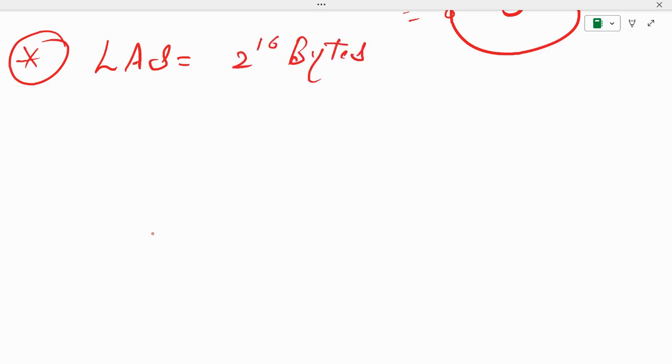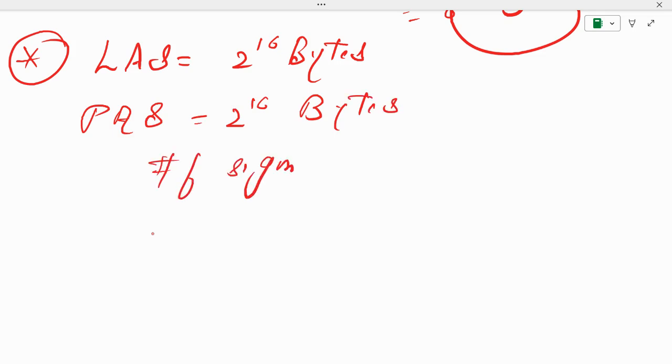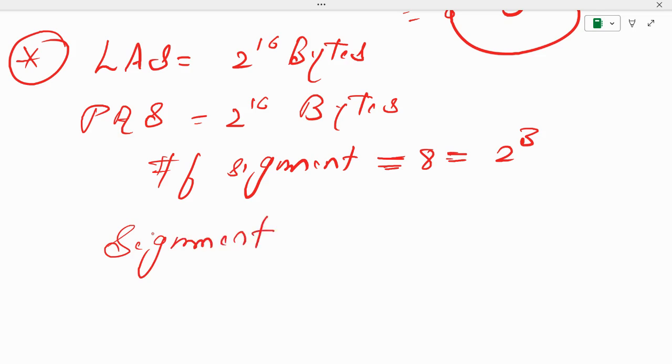But let's illustrate this one in this question also. So LAS is given as 2 raised to the power 16 byte, and then we have PAS is also given as 2 raised to the power 16 byte. Number of segments in the LAS is given as 8. Okay, so it is 2 raised to the power 3. Now we have been given the segment size. So each segment is equal to